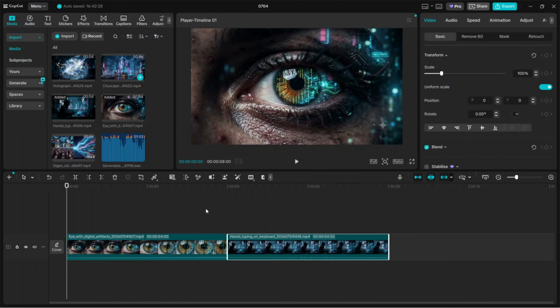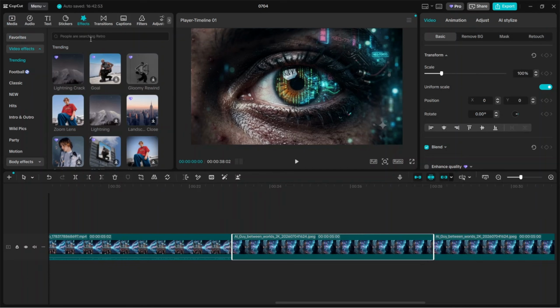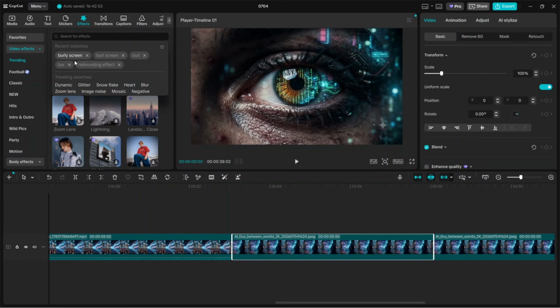Of course, you're free to use any editing software you prefer. While Google Flow does include some editing capabilities, I personally prefer CapCut because it offers a smoother workflow and much greater flexibility. Once everything has been arranged, begin refining each scene individually. Adjust the timing, align every visual with the narration, improve the pacing, and make sure each transition flows naturally into the next. Finally, enhance the overall presentation by adding transitions, sound effects, cinematic music, and any visual effects that complement